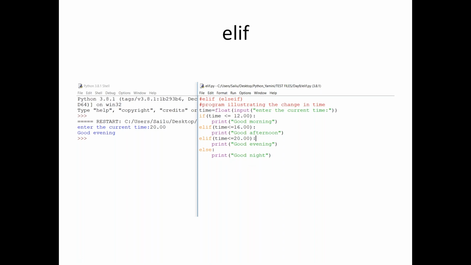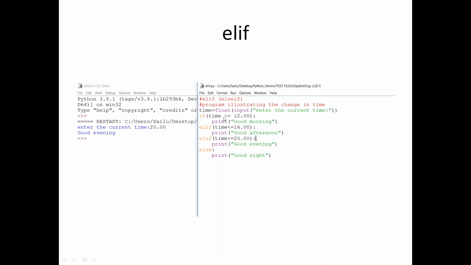Now, one thing you need to understand is the conditions follow a top to bottom approach. In the sense, if my first condition is not satisfied, then only it will go to the second condition. Say I enter 11. 11 is less than 12. First condition is satisfied. And 11 is less than or equal to 16. 11 is less than or equal to 20. So 3 conditions are satisfied when you see them separately. But when you use else if statement, if my first condition is dissatisfied, nothing but false, then only it will come to the second condition. If my second condition is not satisfied, then only it will come to the third condition. Are you getting my point?